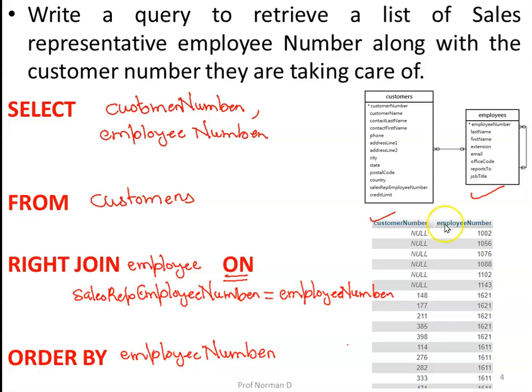So quite visible over here, all the tuples are present, and on the left hand side if there is a match, the tuple is appended, else it is appended with the null value. So right join is similar to the left join, but it works in the reverse way of your left join.